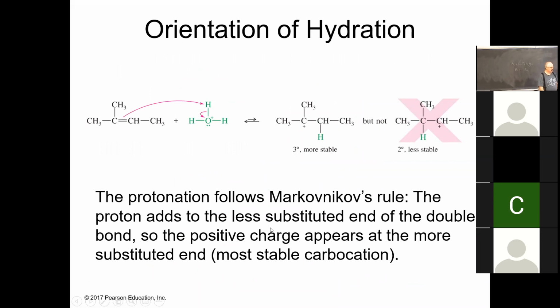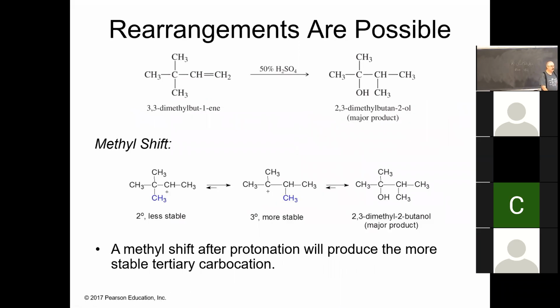This is a Markovnikov reaction. We form the more stable, in this case tertiary, carbocation. Since we're going through a carbocation intermediate, rearrangements are possible. So let's consider